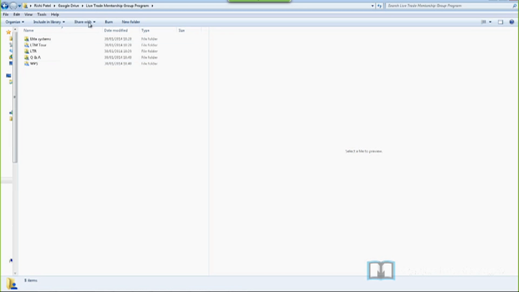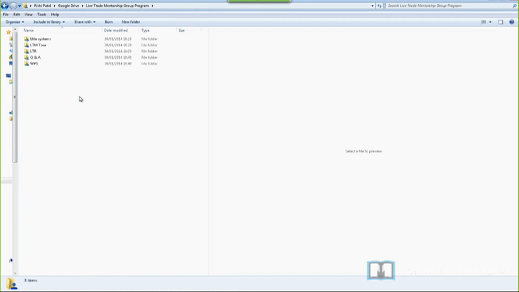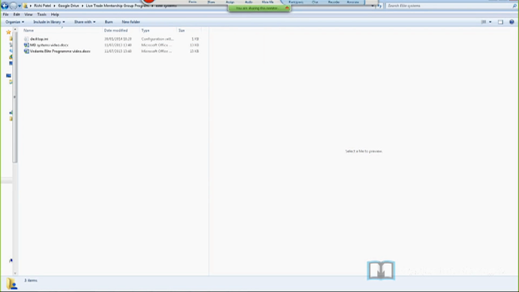What I want to do at this point is a tour of the actual Dropbox folder and all of the files so that everyone has understood clearly where everything is located. Let's start by looking at the first folder. The first folder is called Elite Systems, and that has just an overview really of the Elite team